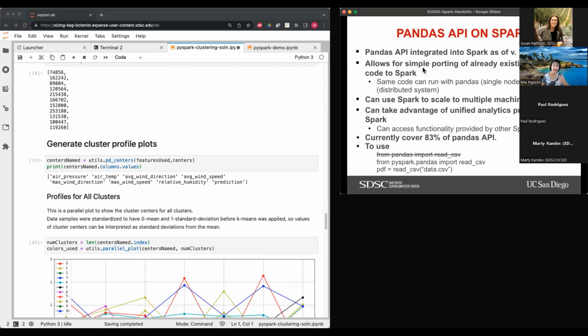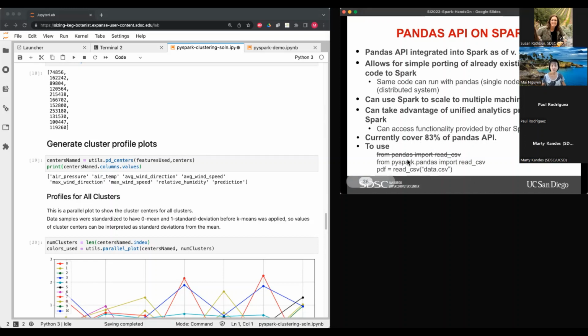That means most of the Pandas commands that you're using for your scikit-learn or Python code can also run on Spark, right? So the same code can run with Pandas on a single node and on Spark on a distributed system. It currently covers 83% of all the Pandas operations, and they are, of course, wanting to increase this number.